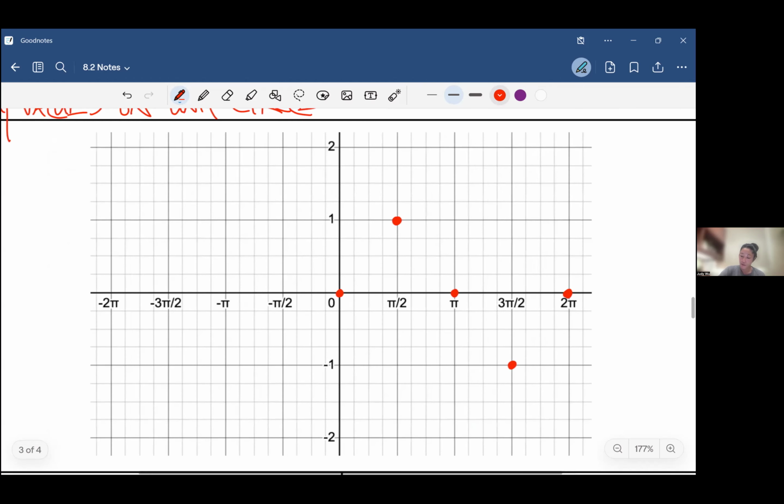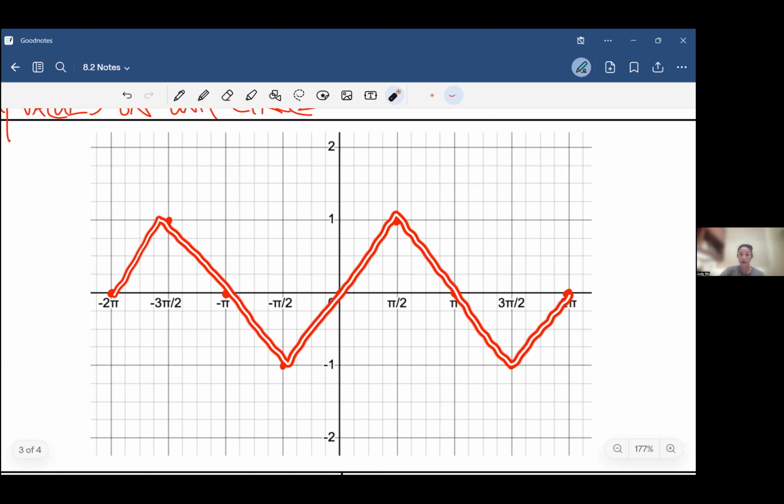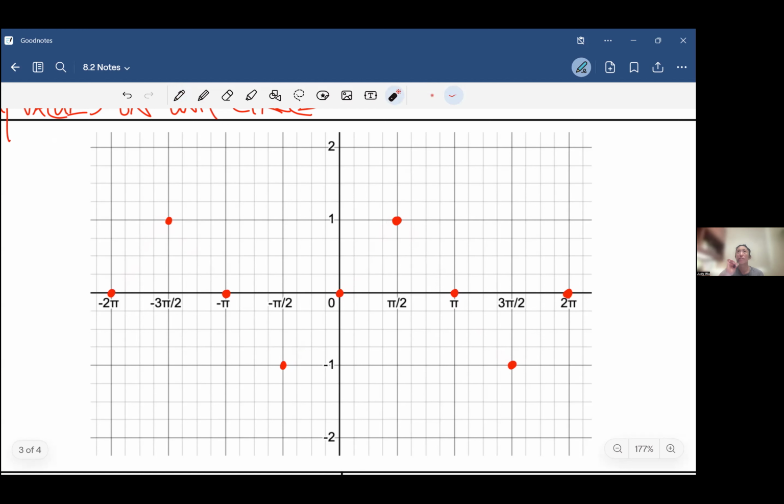Okay. Now you might be wondering, how do we get these other ones like -pi over 2, -pi? Turns out we just count the other way on our unit circle. And when we do that, we find that the graph goes down, back to 0, up to 1, and back to 0. Okay. Now, before we connect them, here's what we don't want to do. We don't want to connect them with a bunch of straight lines like they're triangles, okay? Because if we were to plot every single point here, we would find that it would be a lot more smooth, okay? Like this,